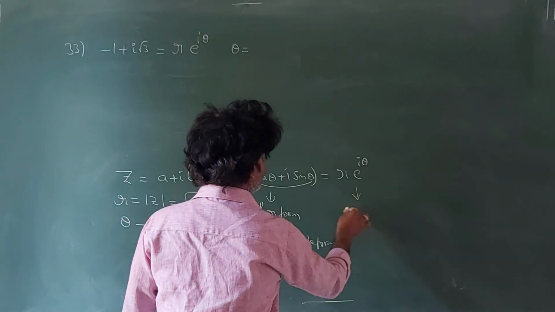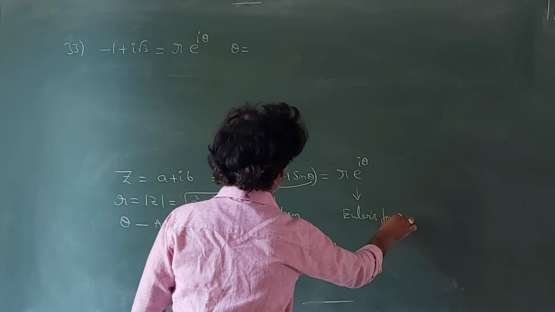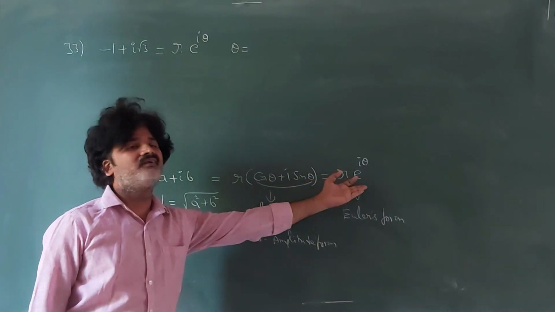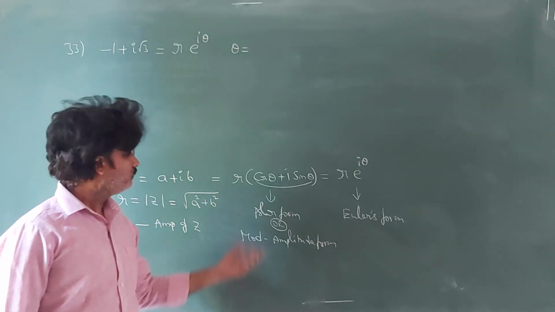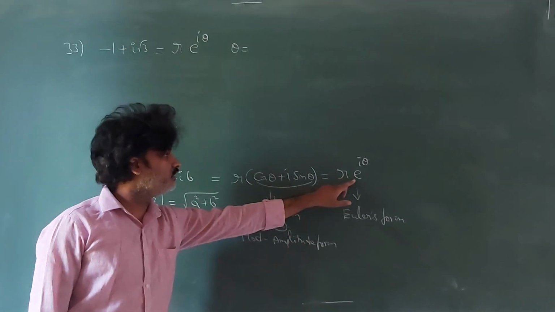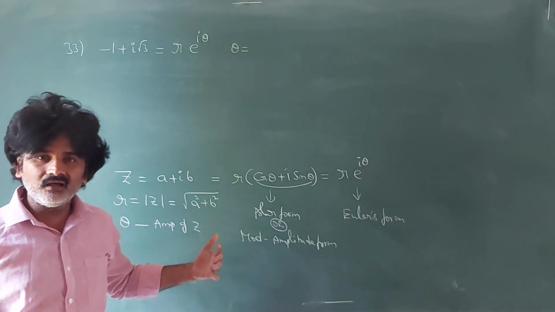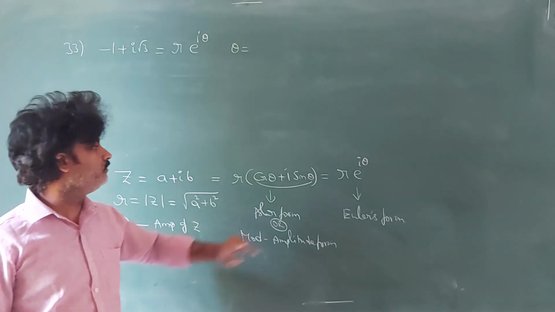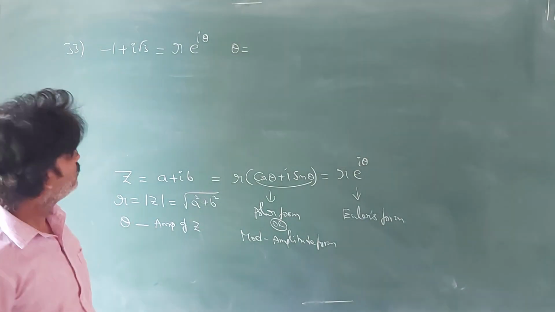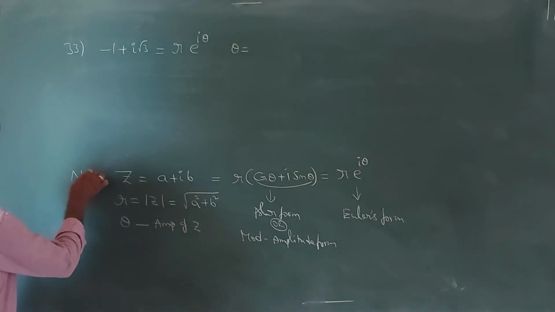If I express it like this, it is called Euler's form. It means nothing but a representation of a complex number in a different manner, that's it. So this cos theta plus i sin theta can simply be denoted as e power i theta, where theta is the argument or amplitude and r is its modulus. Right? Now you understand why I explained this.